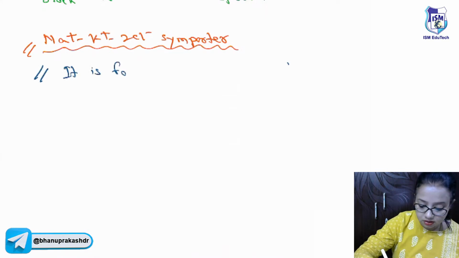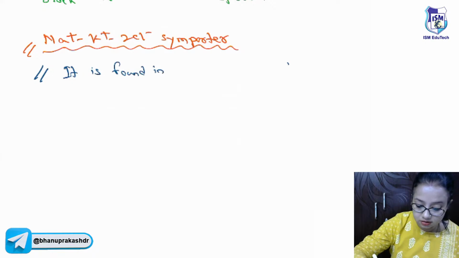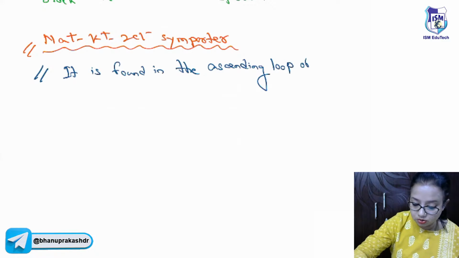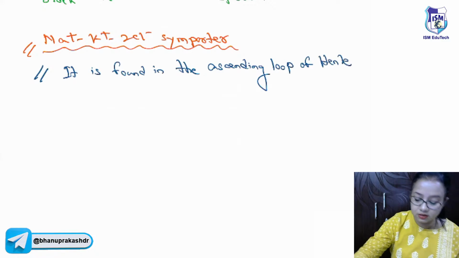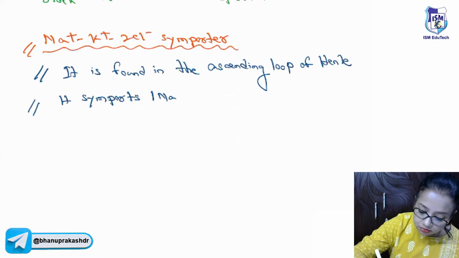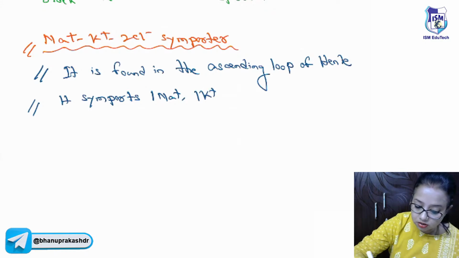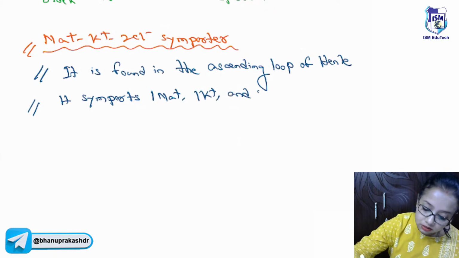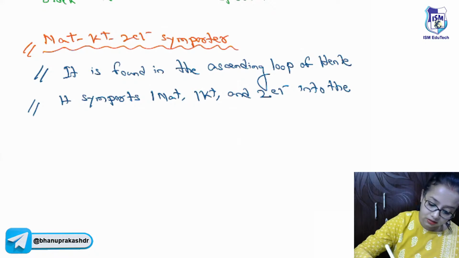It is abundant in the ascending loop of Henle, right? Now, from the name itself, we know what it does: it symports one molecule of sodium, one molecule of potassium, and two molecules of chloride into the